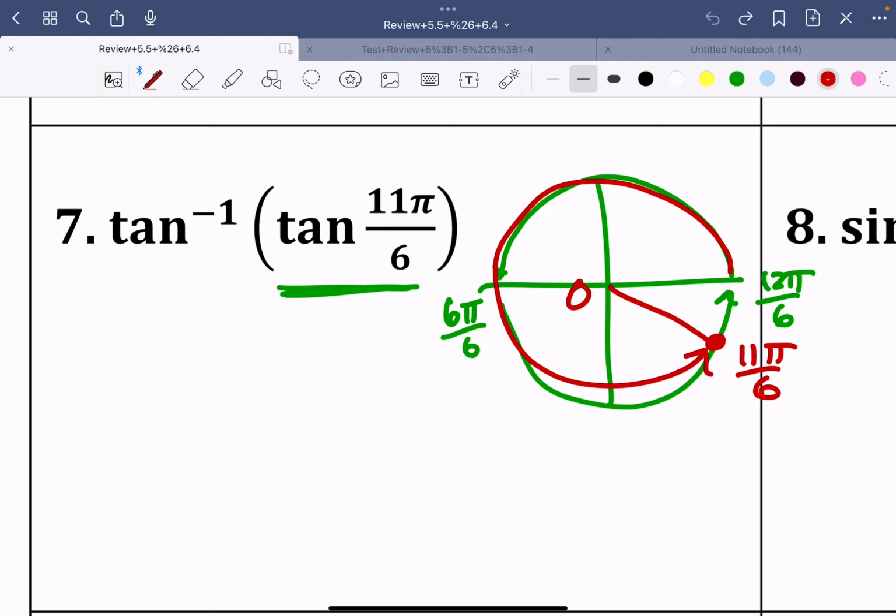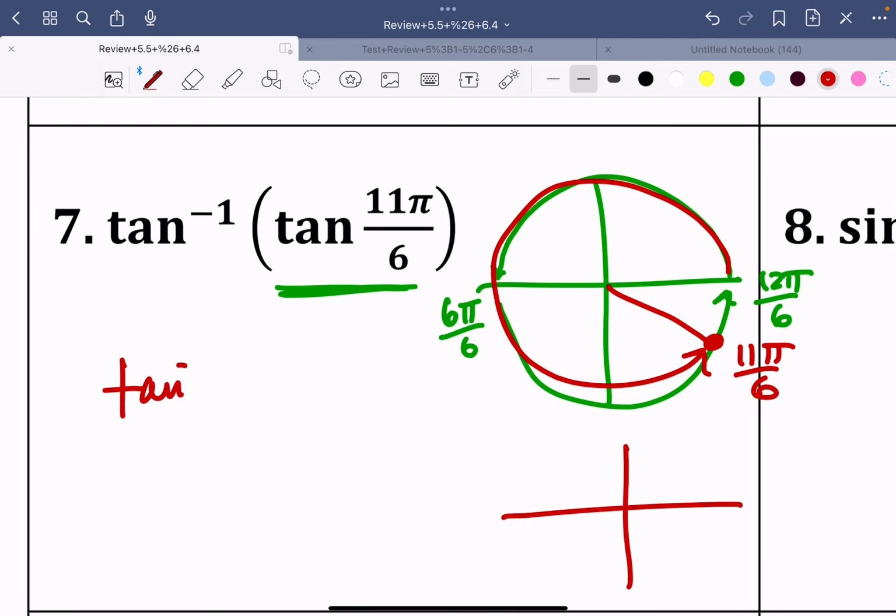So when you take that theta, 11 pi over 6, you get some tangent. Do you have it in your head, yes? So now what we do is we take the tangent inverse, and notice when we look here at the unit circle, tangent inverse restricts itself to over here. And 11 pi over 6, if we're talking about angles from 0 to pi over 2, or 0 to negative pi over 2,